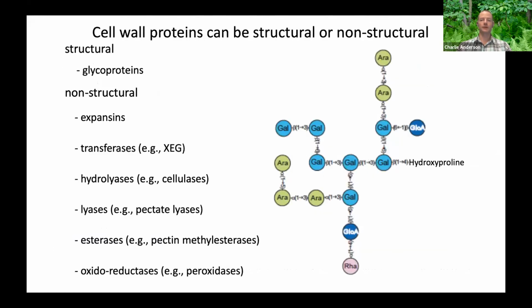So we also have proteins in the cell wall, and proteins are often overlooked, although they're starting to be appreciated in more detail. Those include structural proteins, so glycoproteins that can actually interact with the pure polysaccharides in the wall via complex polysaccharide side chains. And we also have non-structural proteins. So for example, there are a set of proteins called expansins that are thought to disrupt the interactions between hemicelluloses and cellulose to allow the cell wall to expand during growth. We also have transferases that can transfer polysaccharides between different groups, hydrolases that cleave the backbones, lyases that also cleave the backbones via a different biochemical mechanism, and esterases that can remove modifications of polysaccharides. So there are a lot of enzymes acting in the cell wall,